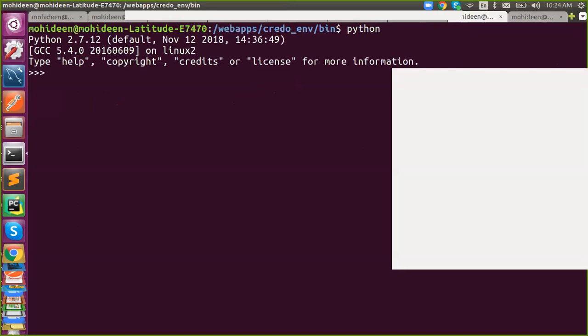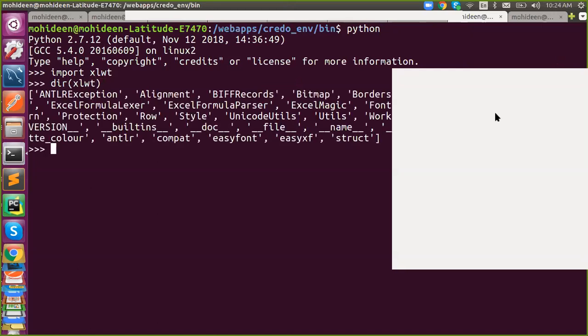I will leave it for you as an exercise. Just say import. So you need to install it and just start using it. If I do everything, you won't understand anything.